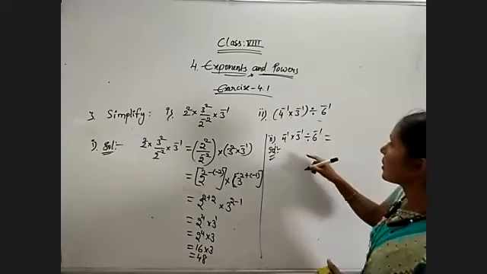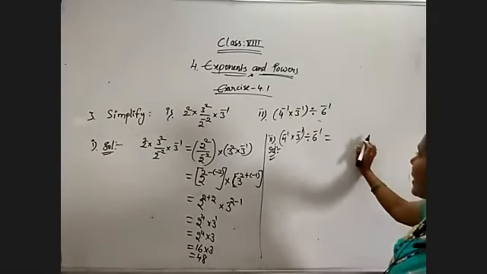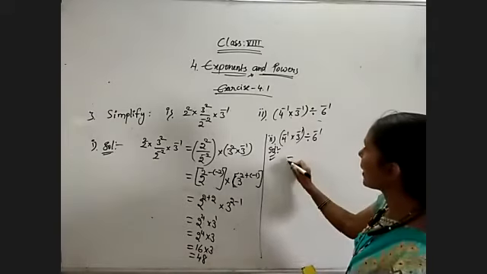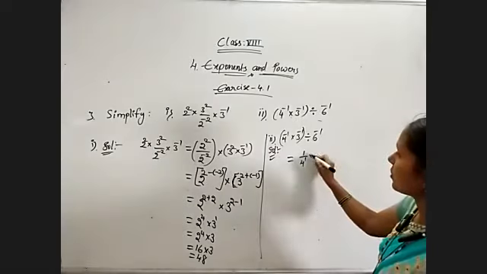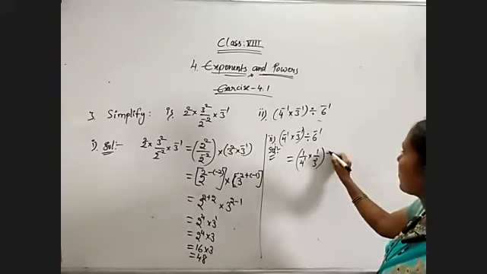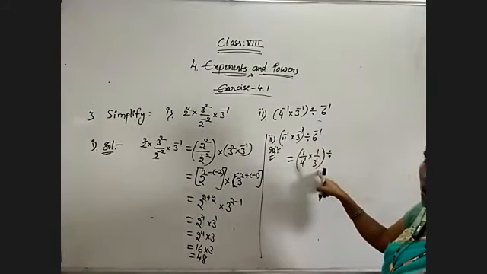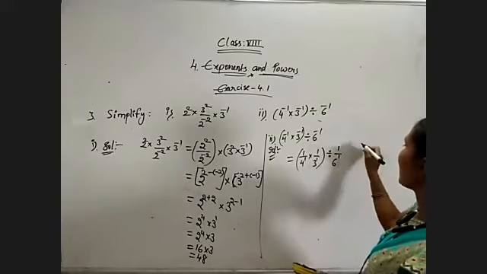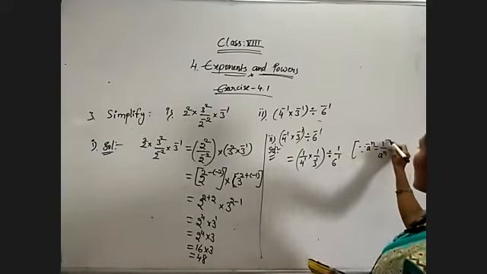So observe this question, all are having negative powers. Try to write them as positive powers by taking the relation a power minus n is equal to 1 by a to the power of n. That is 1 by 4 power 1 into 1 by 3 power 1. It is in the bracket, so in brackets and division, first we need to simplify brackets only according to the BODMAS rule. 6 power minus 1 is 1 by 6 to the power of 1, since we have the formula a power minus n is equal to 1 by a to the power of n.